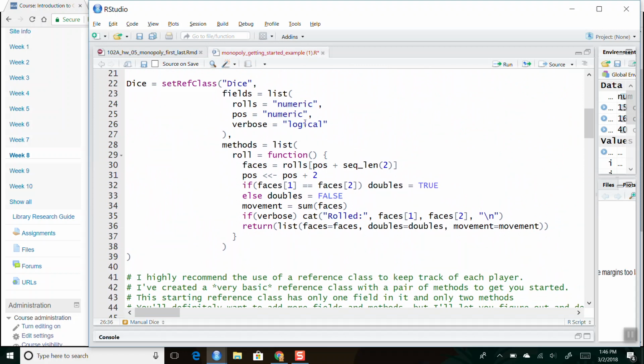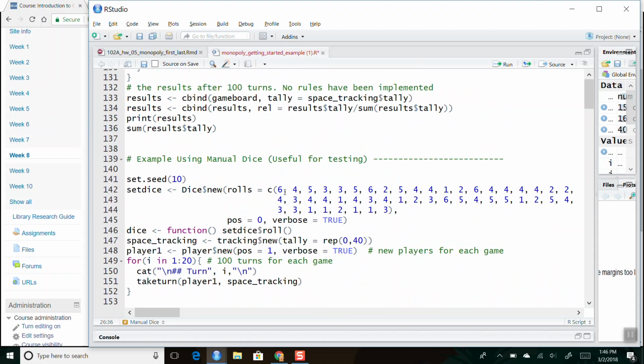Basically, you have a vector of rolls here, and what it's going to do is return back 2 values in that vector of rolls, and then move to the next position. So I have a vector that goes 6, 4, 5, 3, 3, 5, 6, 2. And the first time you call